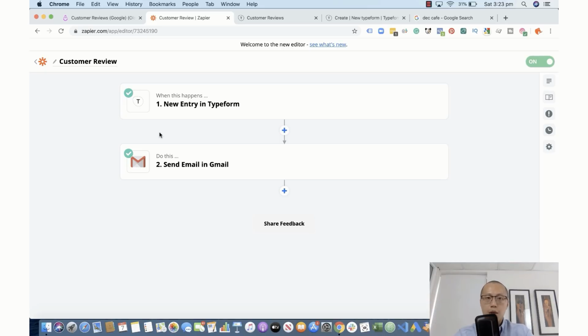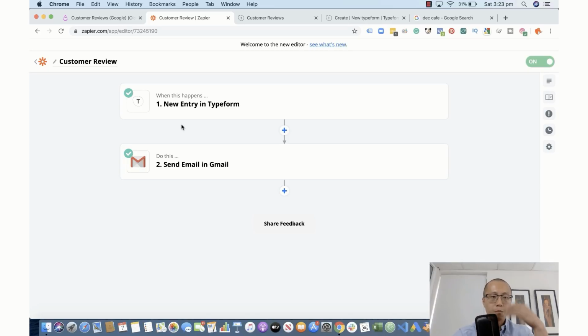This is not just about preventing negative feedback from going on Google. It's actually also giving you an opportunity to build your relationship with the customer, and this is a chance for you to iterate on your product or service. So I personally put a lot of emphasis on this workflow right here, because the connection between the customer and me is really important. And I put a lot of time into understanding how we can potentially improve in